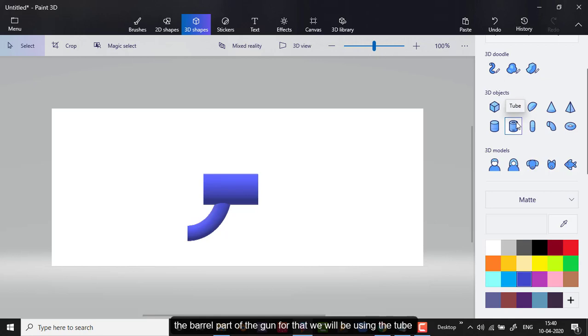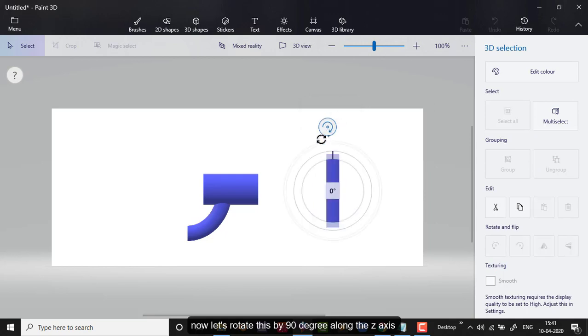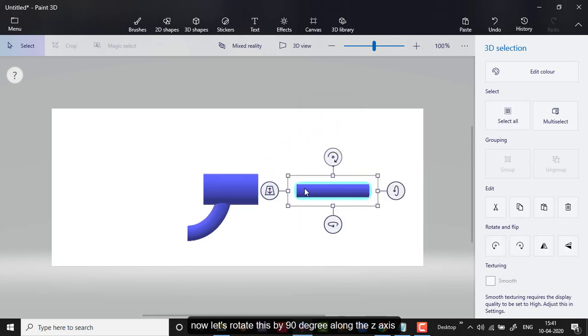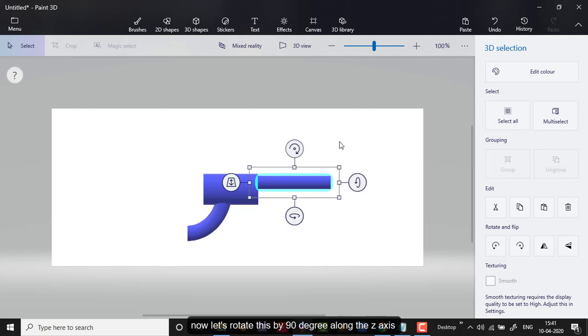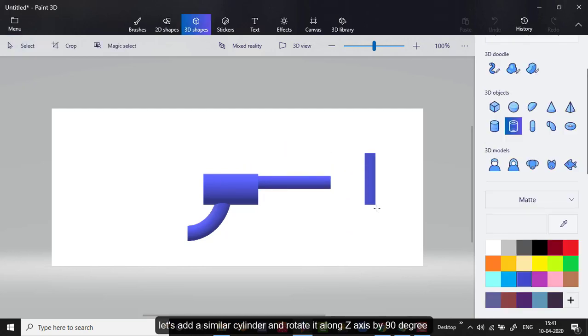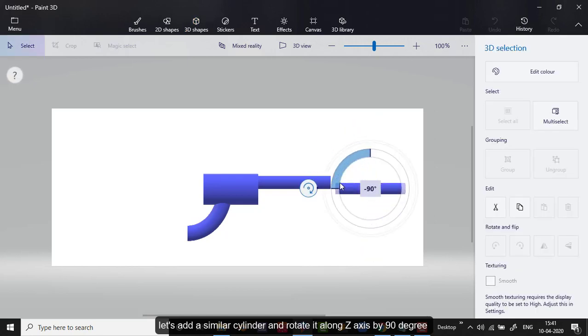For that, we'll be using the tube. Now let's rotate this by 90 degrees along the z-axis. Now let's rotate this again along z-axis by 90 degrees.